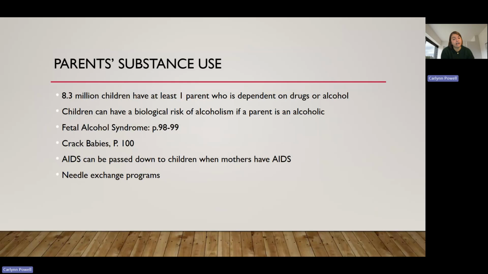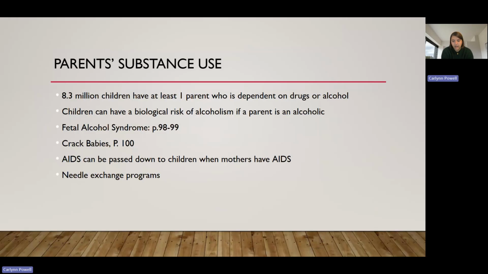Let's shift gears here and look at substance abuse. Just because, again, out of all the slideshows, this one covers so much information. Not necessarily a lot of slides, but the topics are kind of all over the place. So looking at substance abuse specifically for parents, 8.3 million children have at least one parent who is dependent on